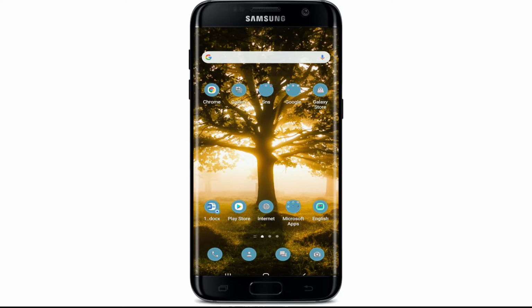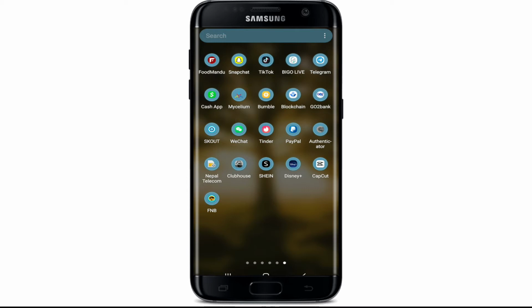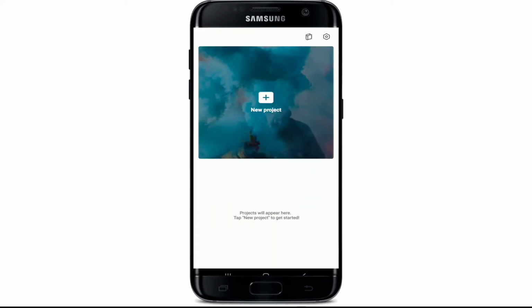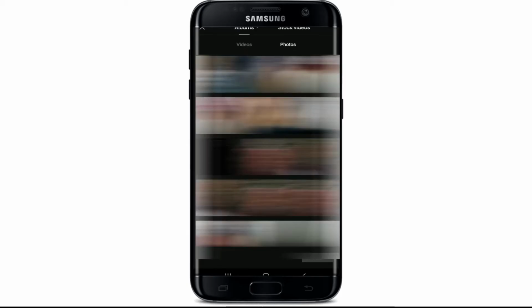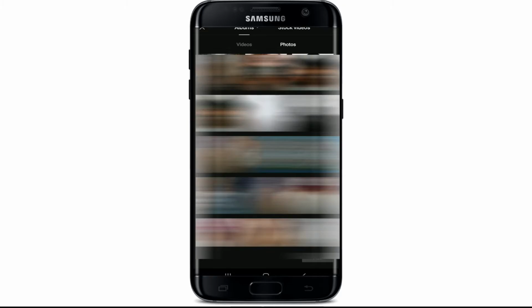Now let's get started. Start by tapping open your CapCut application from your app drawer and start by creating a new project by tapping on the plus button. Now select 2 videos or photos from your camera roll. You can also add more than 2 videos or photos that you like. Let me go ahead and select one from my camera roll first and then tap on the add button at